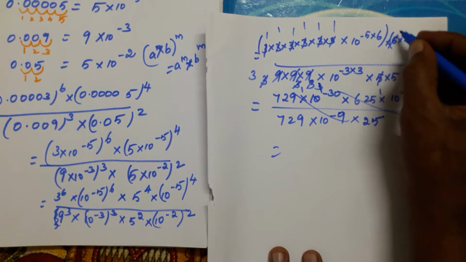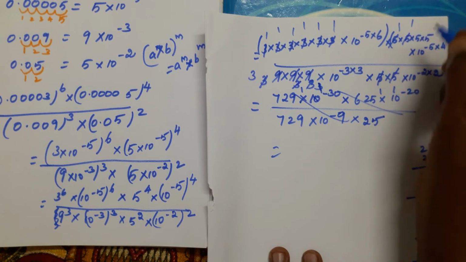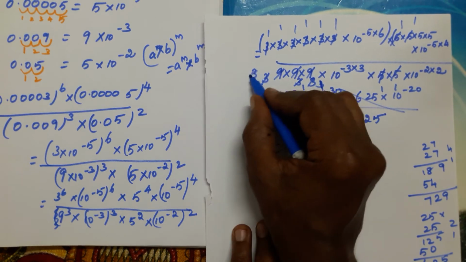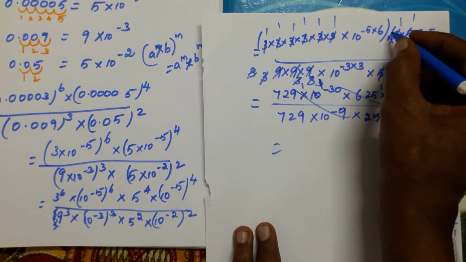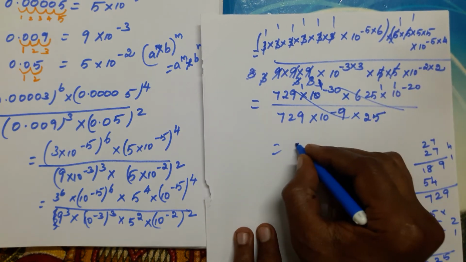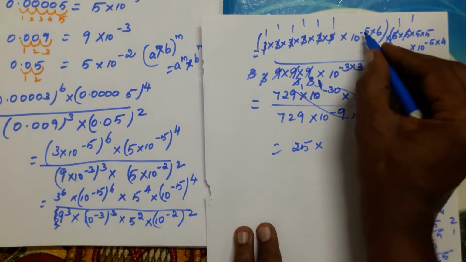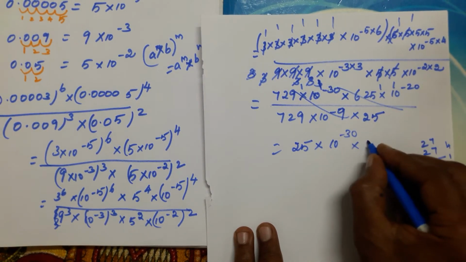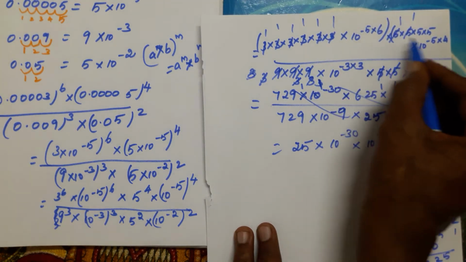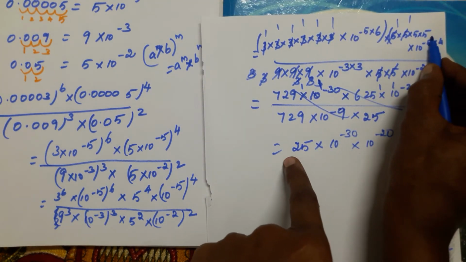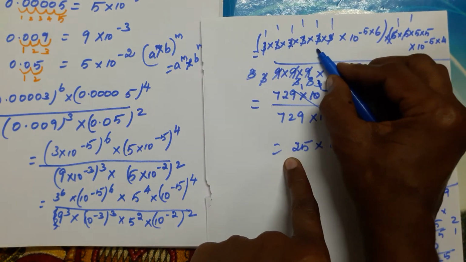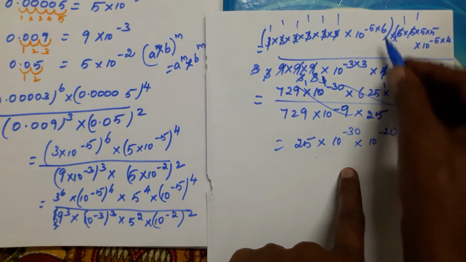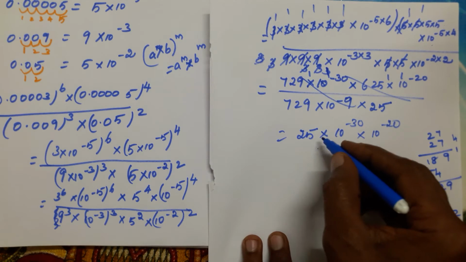Here 1 5 is 5. Here also 1 5 is 5. Here also 5 5 we can cancel. So what are we getting here? 5 5s are 25. 25 into 10 power minus 30 into 10 power minus 20. 5 5s are 25. Here no number, 1 into 1 into 1, 1 we are getting. 5 5s are 25, 25 into 10 power minus 30 into 10 power minus 20, divided by,